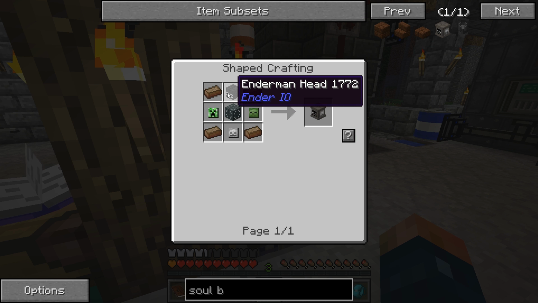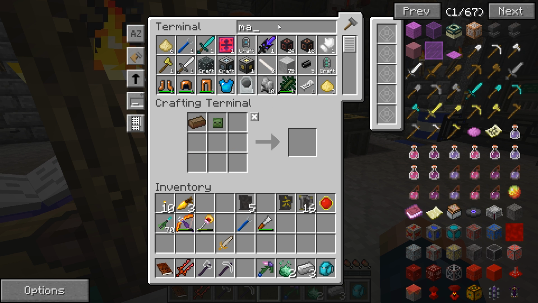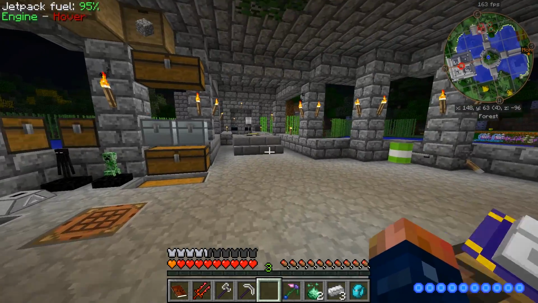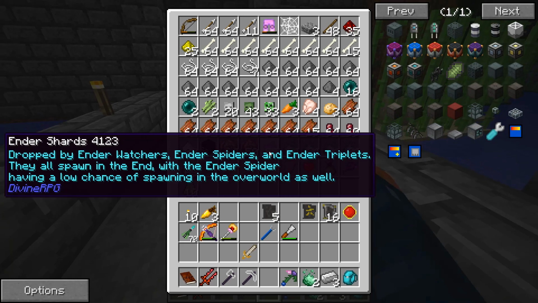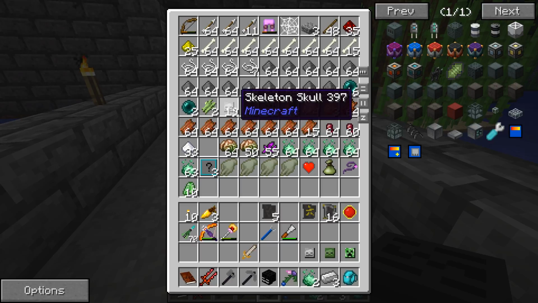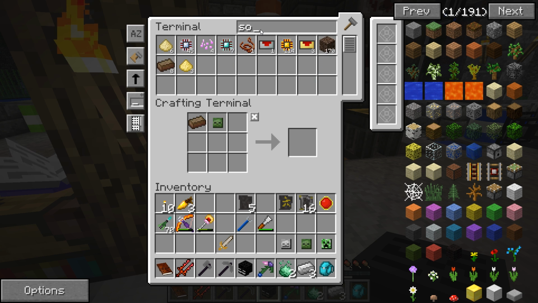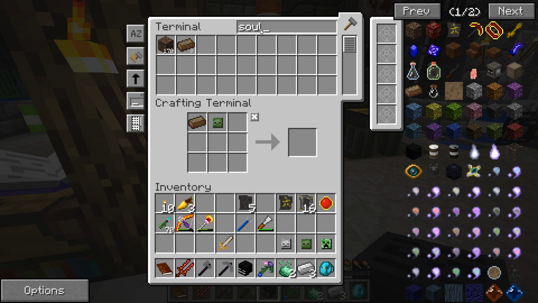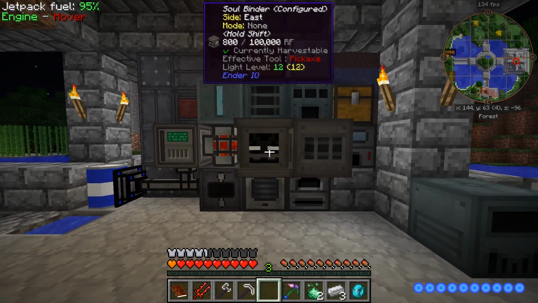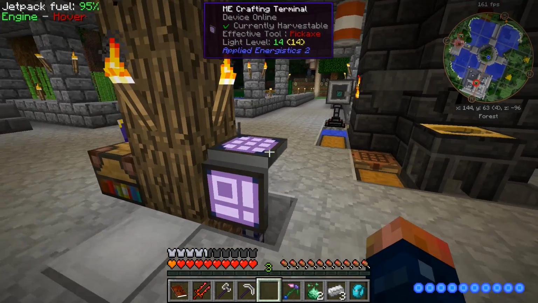And the soul binder requires the Enderman head. Actually, all the mob heads. I'll craft up another one of those. I'll grab all the heads, because I'm pretty sure they're in here. There's the one Enderman head. There's one. Bam. There's all those. That's all we need. Soul binder. Ready to be made. Nice. So there's our soul binder. And our slice and splice. And I think we need...